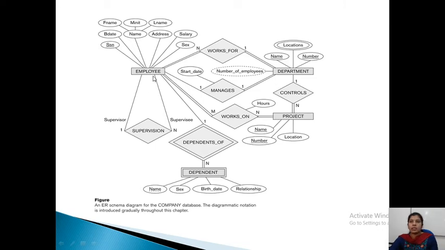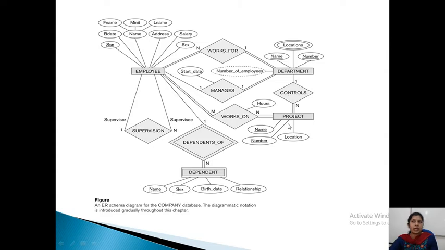Okay, and then always you have to read the relationship from left to right or top to down. For example, here department controls project. Suppose you have written project here and department down, then you have to change the name of this relationship. How will you write then?